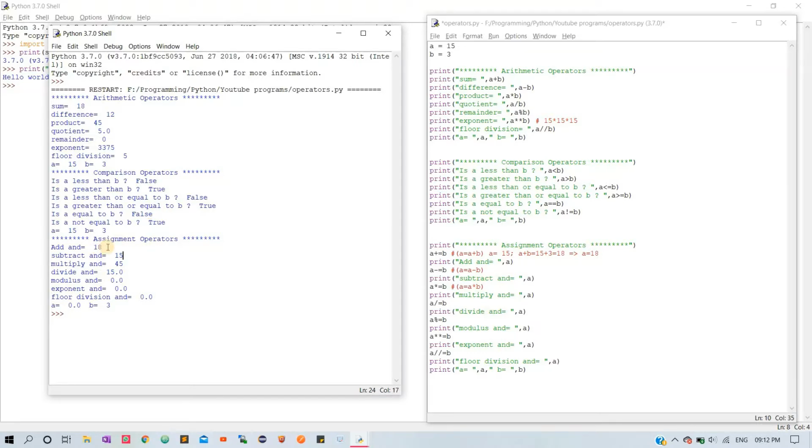And the assignment operator, if you see here, as I said, the variable a gets updated as 18, but in the arithmetic case, the output of the variable is just 15. The output of the variable doesn't get updated, but in the assignment operator, it calculates the addition and assigns the output to the same variable a. So in this case, the output is 18, and now the variable a is 18. So 18 minus b, in the sense 18 minus 3, the output is again 15, and the 15 is stored in the variable a. So that's the difference between assignment operator and arithmetic operator.